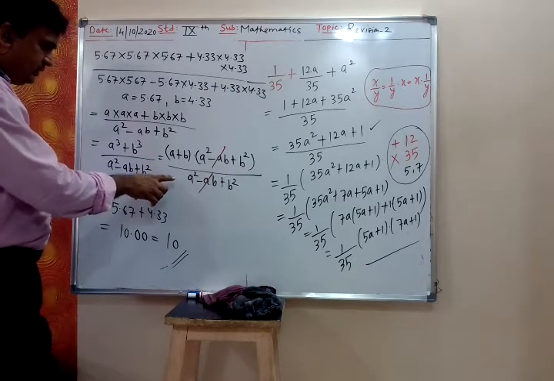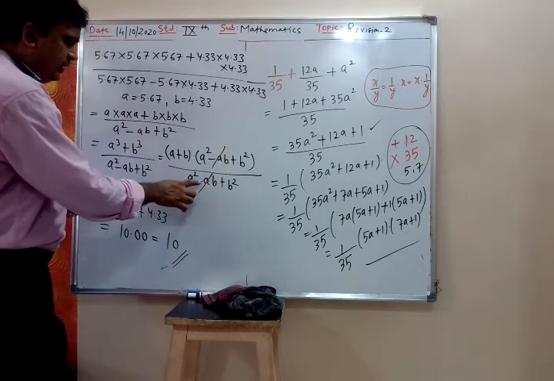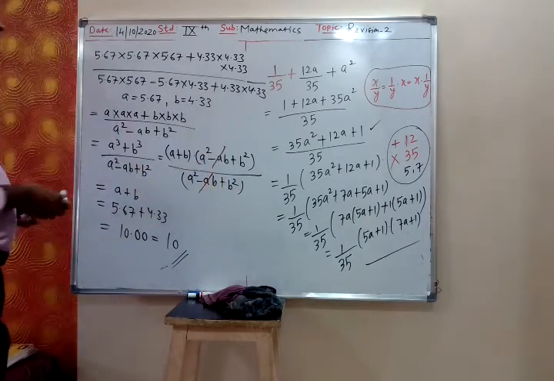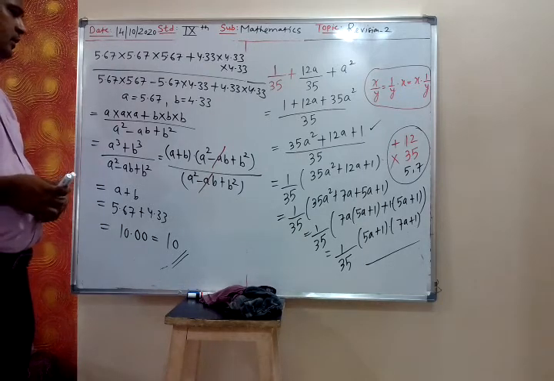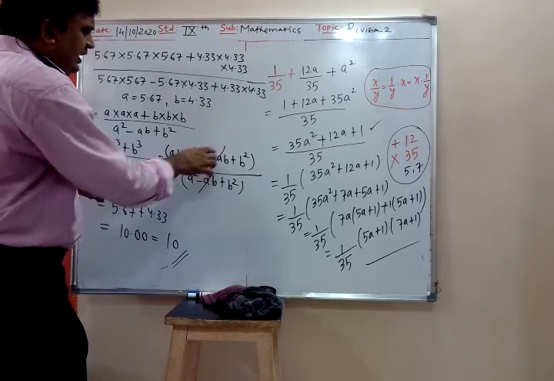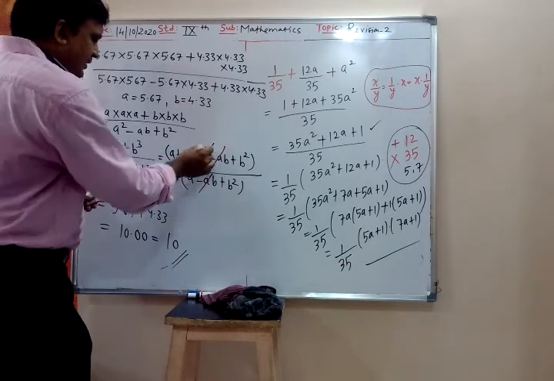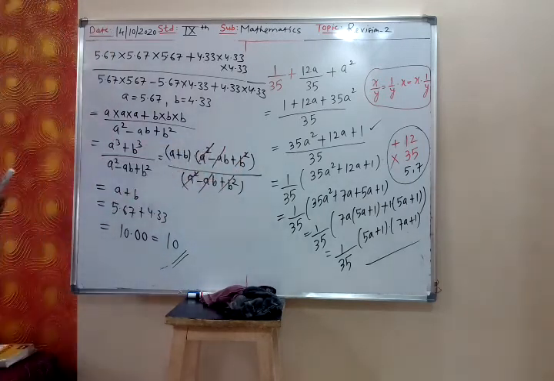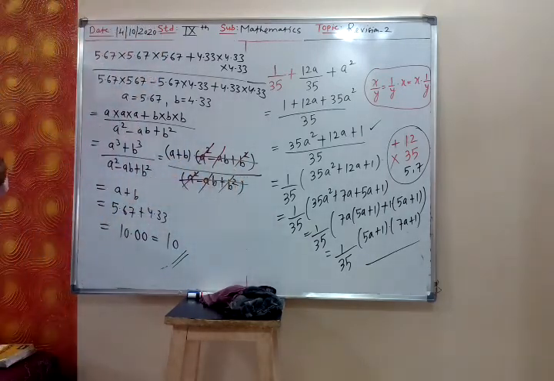Yes. You can use the bracket, no problem. You can write them in the bracket. Get it cancelled. Yes, you can use the bracket, no problem. No. See, I have not only cancelled AB, I have cancelled the entire term. I have cancelled this entire term. Are you getting? I have not cancelled only AB. I have cancelled the whole term with this term. Is it clear?